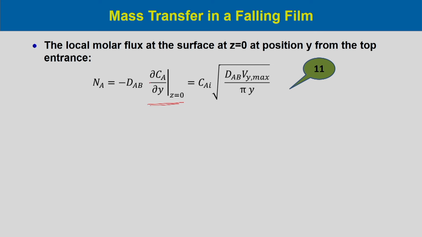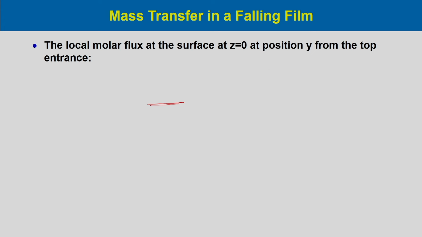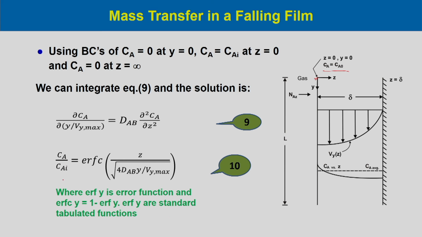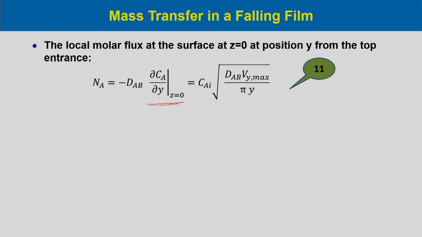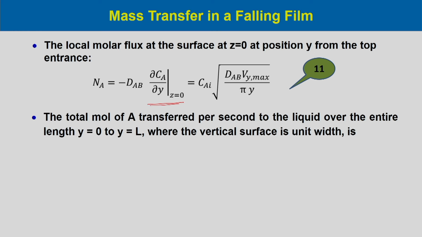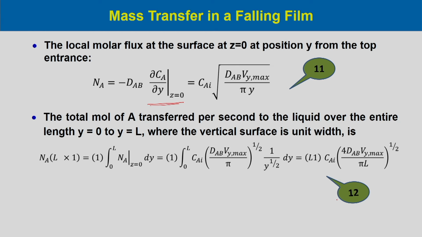So, if we just substitute the concentration profile we have obtained before, C_A by C_AI, and differentiate this, we will get C_AI root over D_AB V_y max by pi y. So, this is equation 11. The total mole of A transported per second to the liquid over the entire length y equal to 0 to y equal to L, where the vertical surface is of unit width, can be calculated as follows: